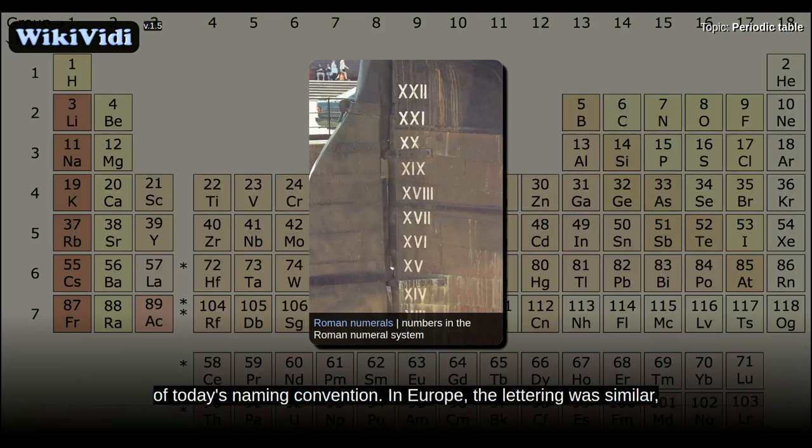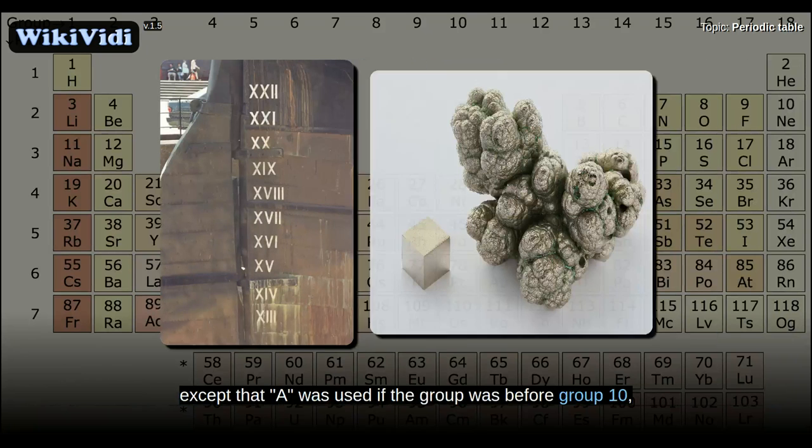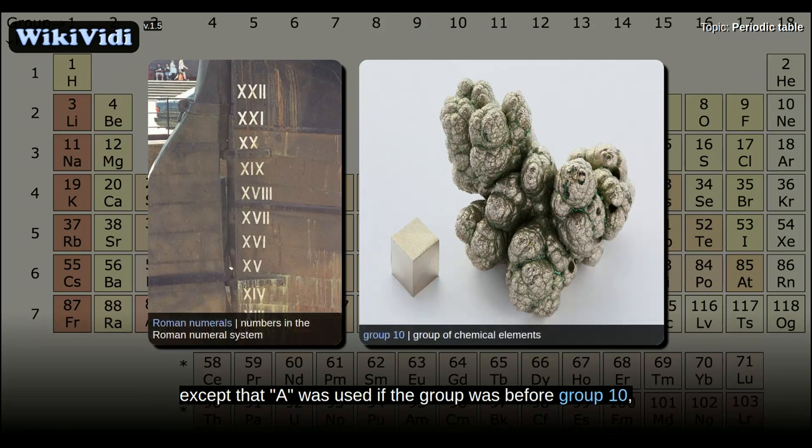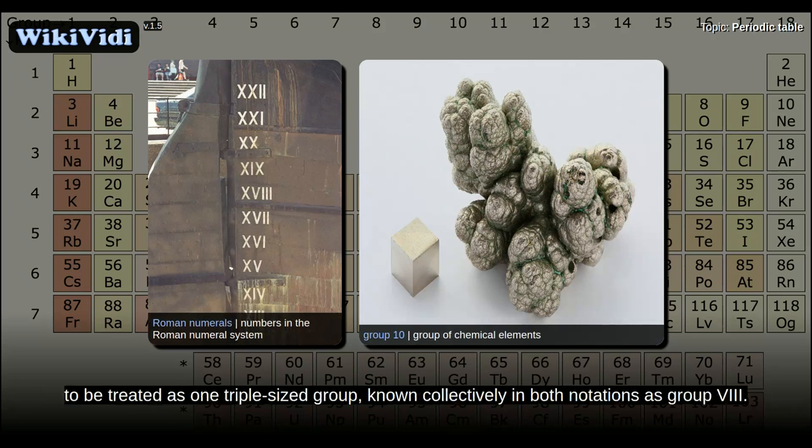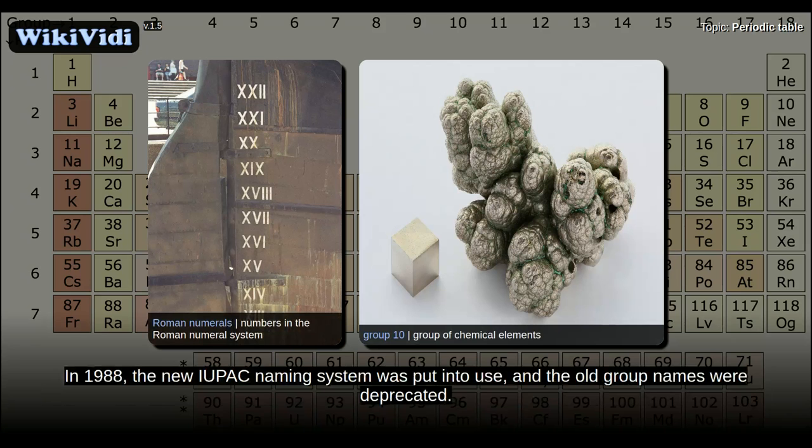In Europe, the lettering was similar, except that A was used if a group was before group 10, and B was used for groups including and after group 10. In addition, groups 8, 9 and 10 used to be treated as one triple-sized group, known collectively in both notations as group 8. In 1988, the new IUPAC naming system was put into use, and the old group names were